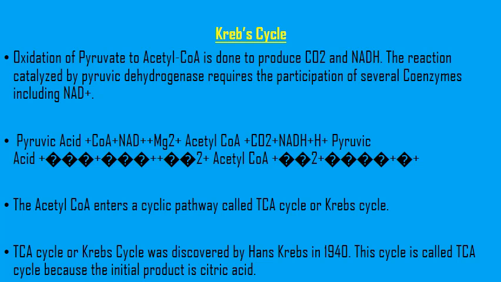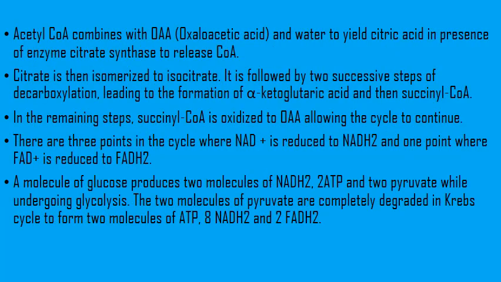TCA means tricarboxylic acid cycle. So TCA cycle or Krebs cycle was discovered by Hans Krebs in 1940. This cycle is called TCA cycle because the initial product is citric acid. Acetyl coenzyme A combines with OAA, oxaloacetic acid, and water to yield citric acid in presence of enzyme citrate synthetase